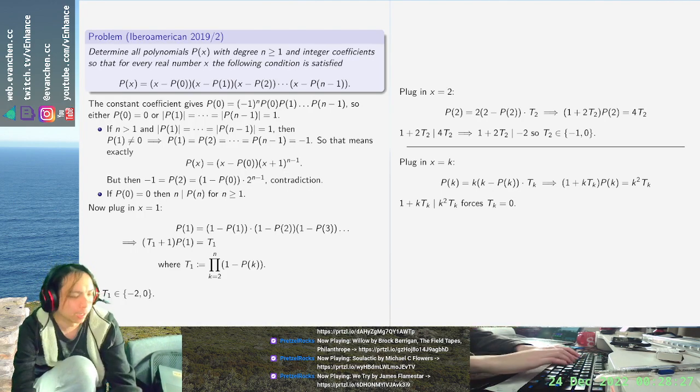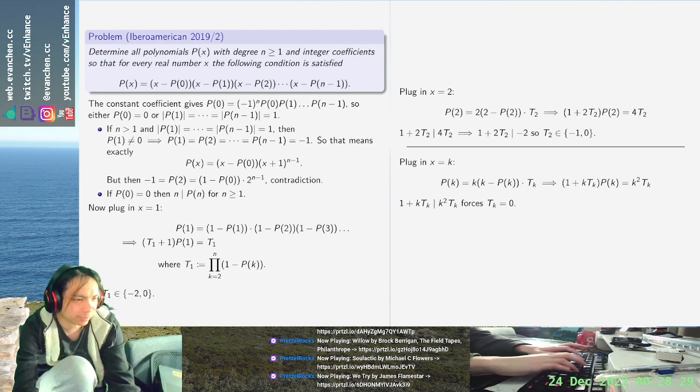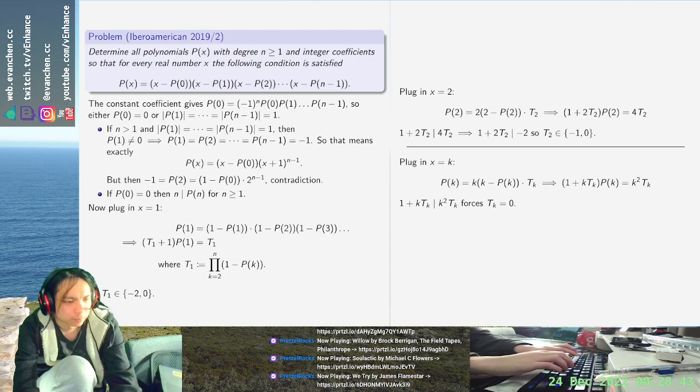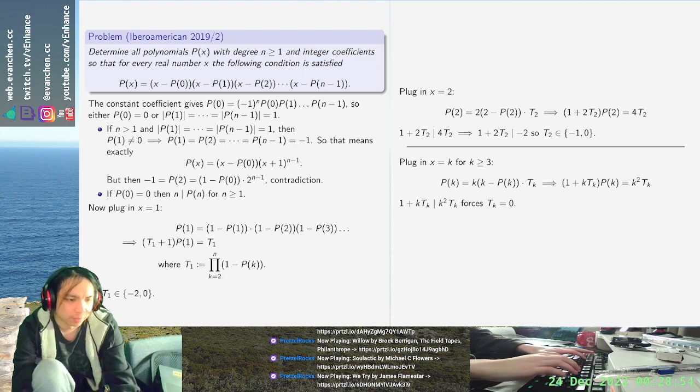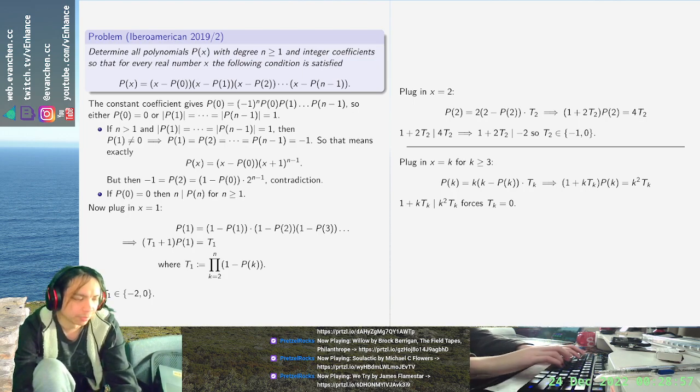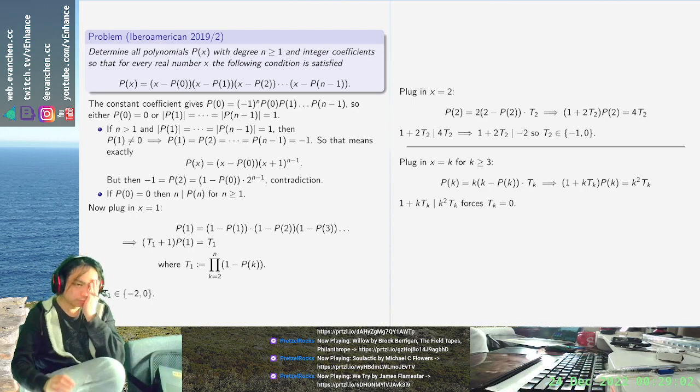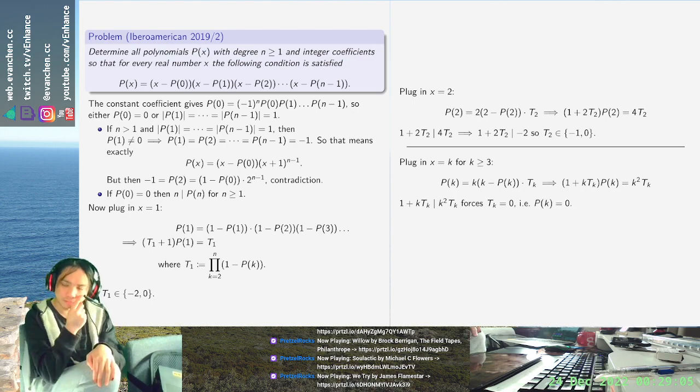Yeah, okay, so actually x equals 3 is good enough. If I plug in 3, it will actually force t_k to be equal to 0, which means that the only way this works is if p of k equals 0 and some other. Okay, so what we're getting is that